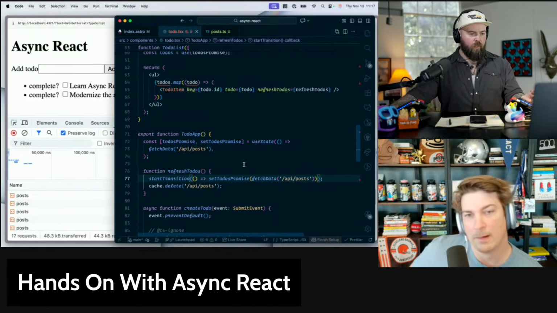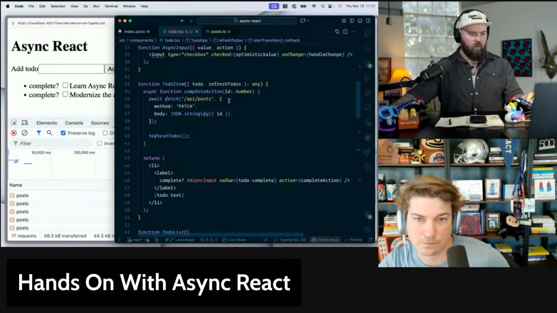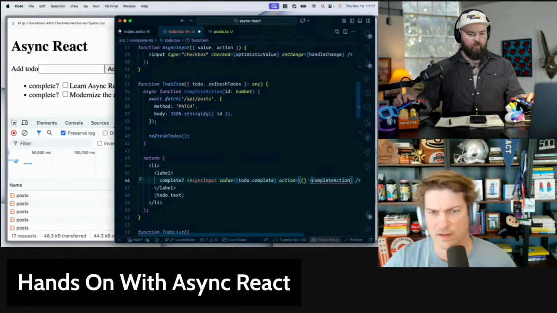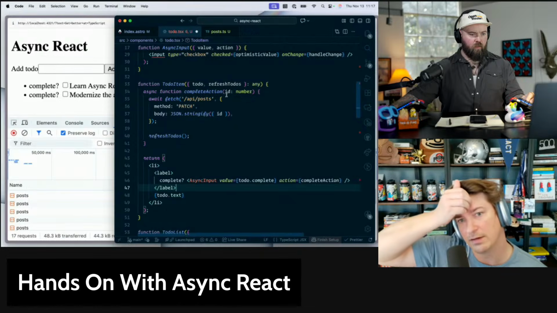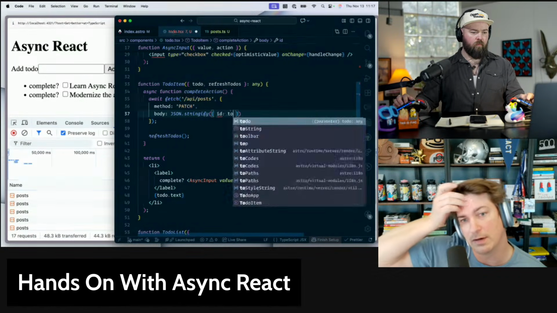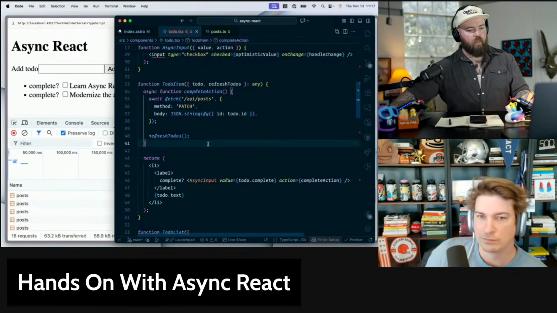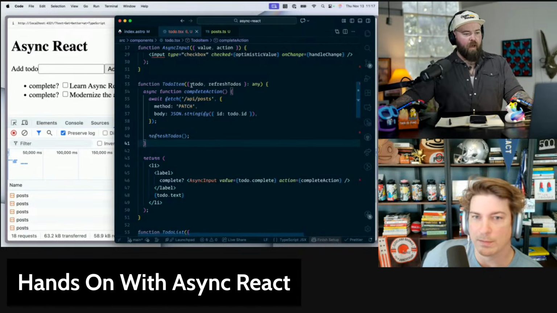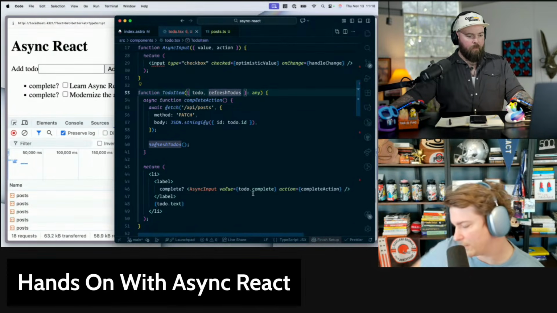So the only thing I'm missing right now is where we ask for the ID. When we pass the complete action here, do I need to... You don't need the ID there, because instead of passing it to complete action, you can just delete that and do to-do.id in there. Oh, right, because we're basically encapsulating that. Yeah, that makes sense. Let's see if it works.